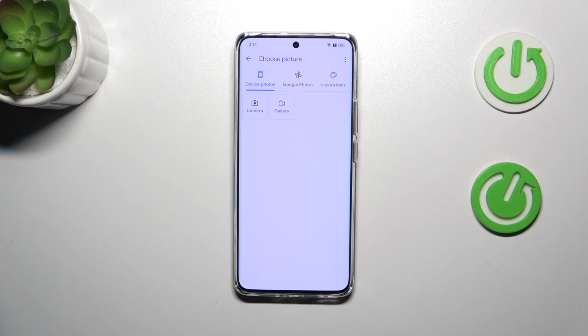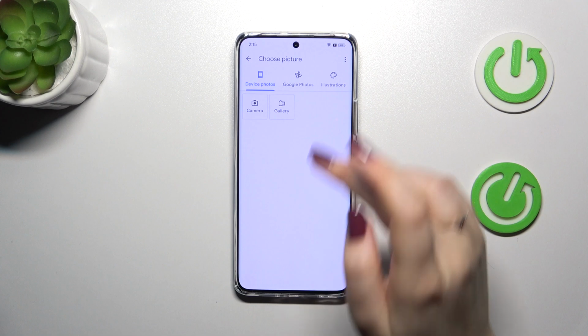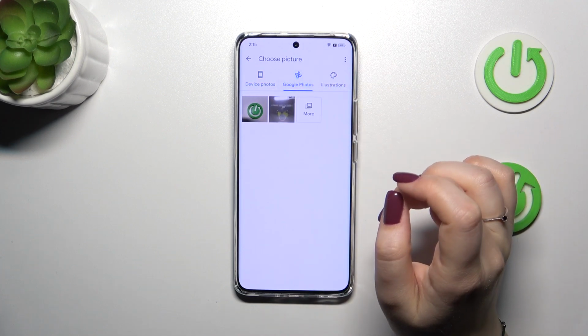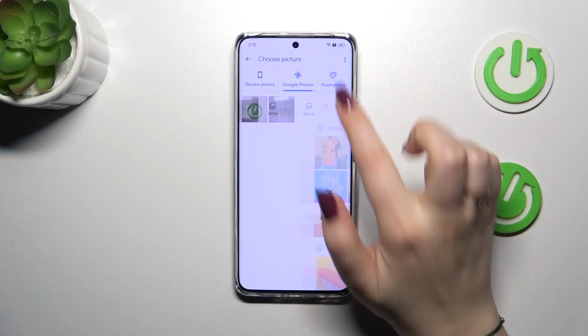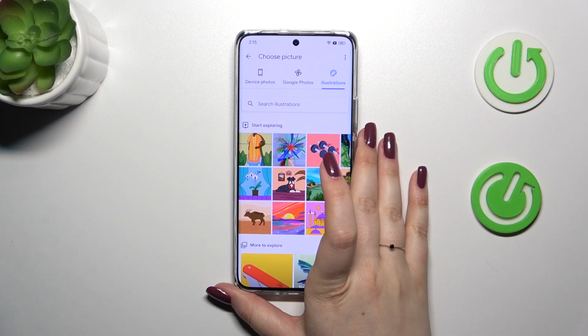After tapping on the camera, your device will open the camera app. So you'll be able to take a photo of the person who's right in front of you, or you can choose something from the gallery. You can enter Google Photos, so those which are backed up, and the illustrations, so those graphics are online and